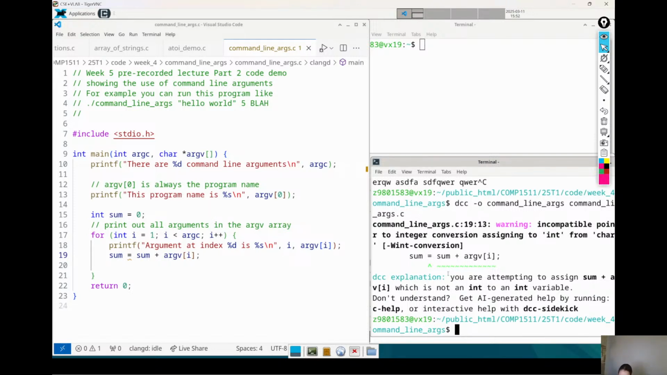This is going to fail because we're trying to add a string to a number. Incompatible pointer to integer conversion assigning int from char. Remember, if I've got the number 1 as a string, I've got the character 1 and a null terminator. So I'm trying to do something like 0 plus this array. It makes no sense. So when we've got the string version of numbers,